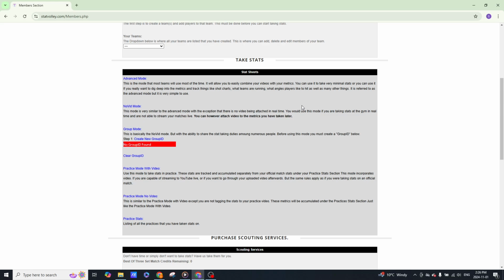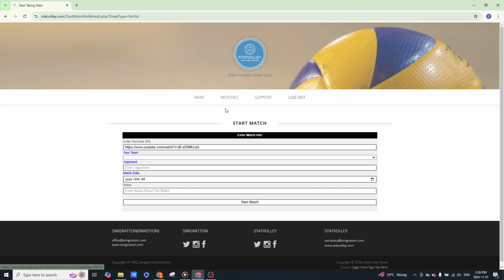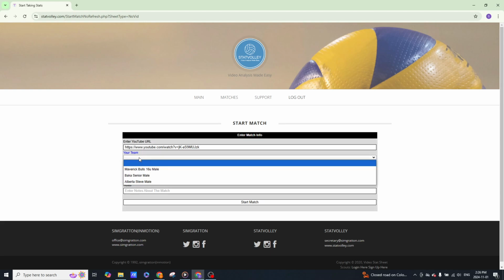So to use the NoVid mode, you would go to the main members area and then click on the link that says NoVid mode. Right from here, you'll notice that the YouTube URL is already pre-populated and you can't enter that. But other than that, everything is the same when you're taking stats in NoVid mode as opposed to advanced mode. So you would select your team,